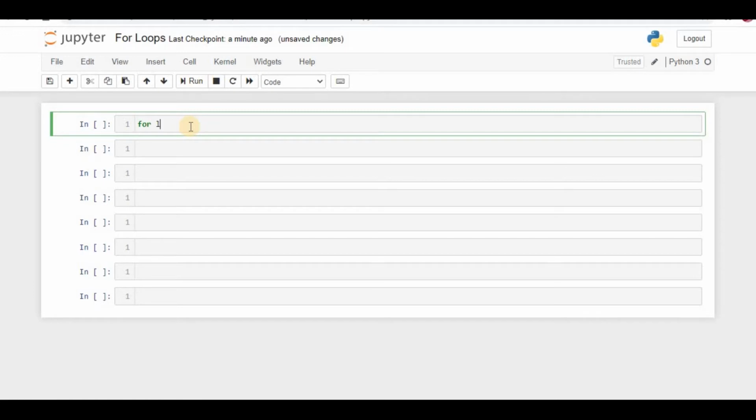For letter in, open square brackets, capital H comma, in quotations we are going to write.